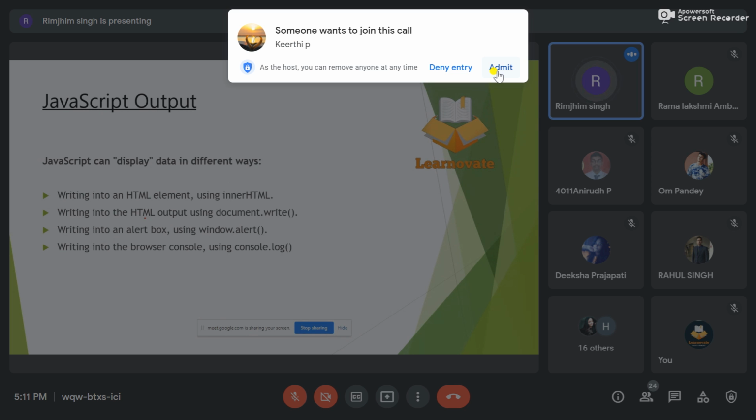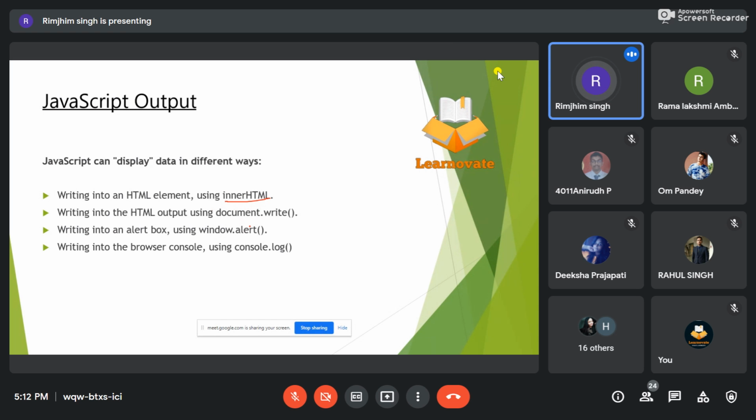Okay, so if I have to print my output to the console, in JavaScript I have to use particular keywords or functions in my program. For example, in C++, what do we use? We use cout, we use printf, we use scanf. So similarly, to print output here I'll be using innerHTML, document.write, window.alert, or console.log.